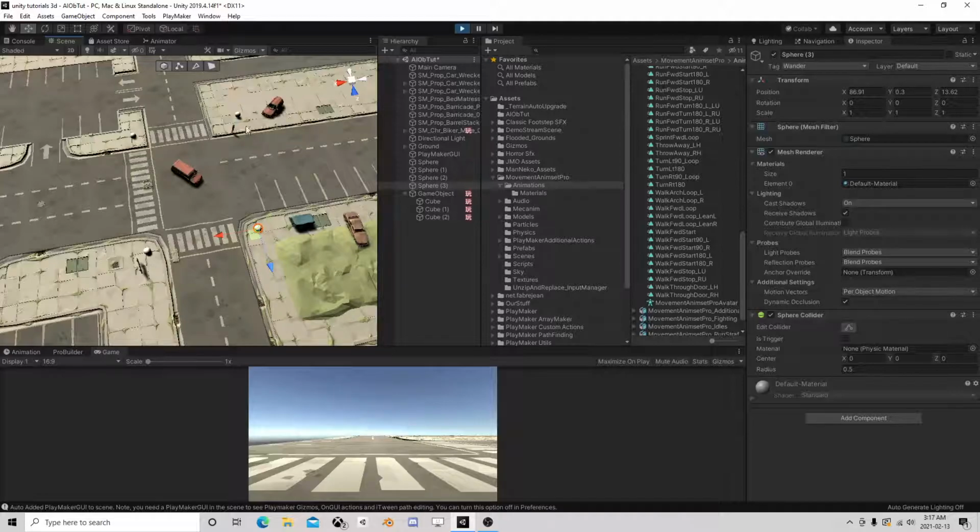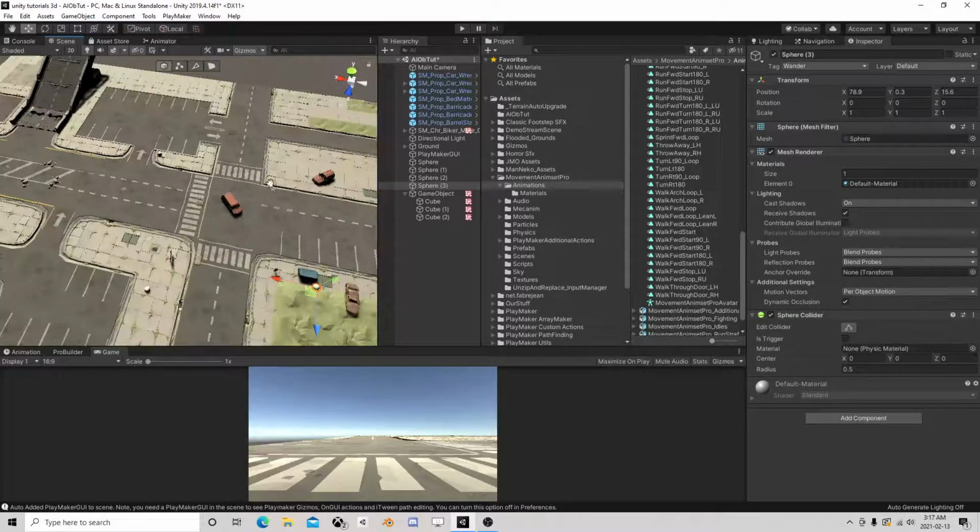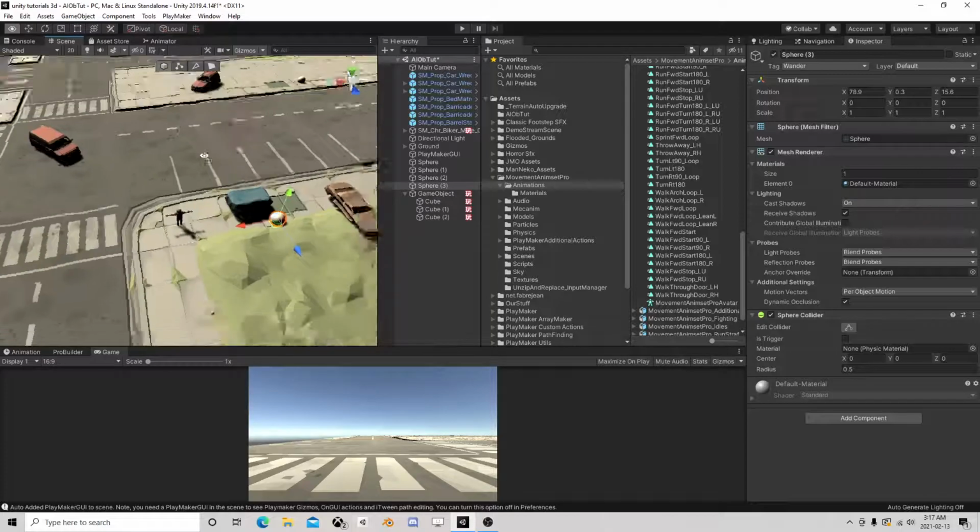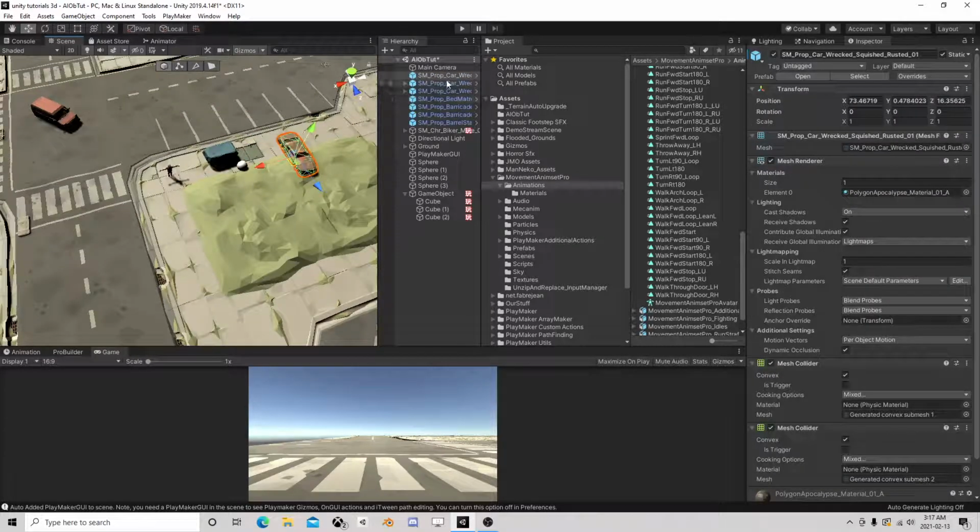If you're building a path, you can't go from here to here. You got to kind of break it up, right? But that's kind of how we do some nav mesh stuff anyways. Like I said, it's all about